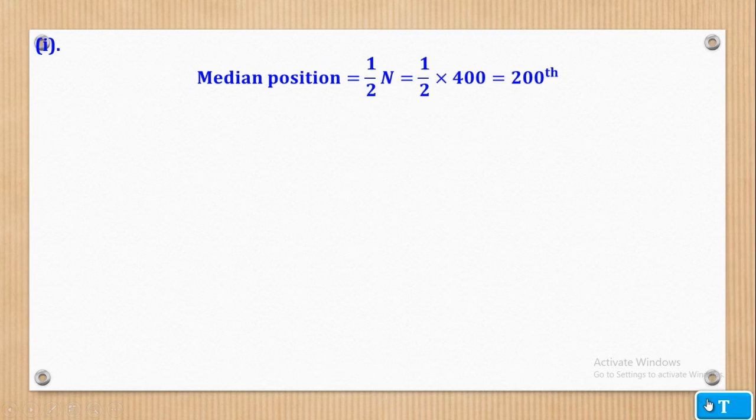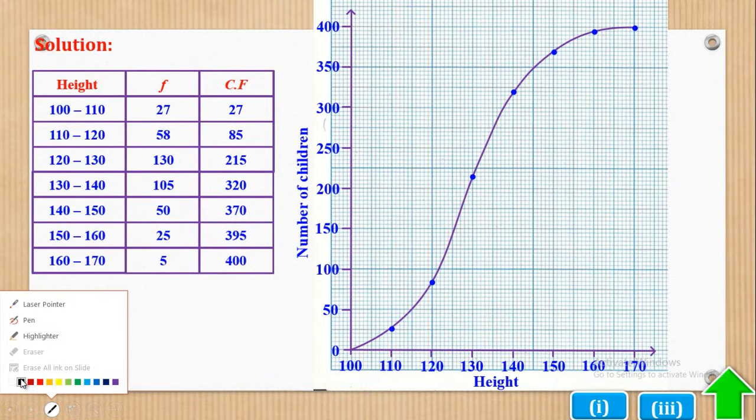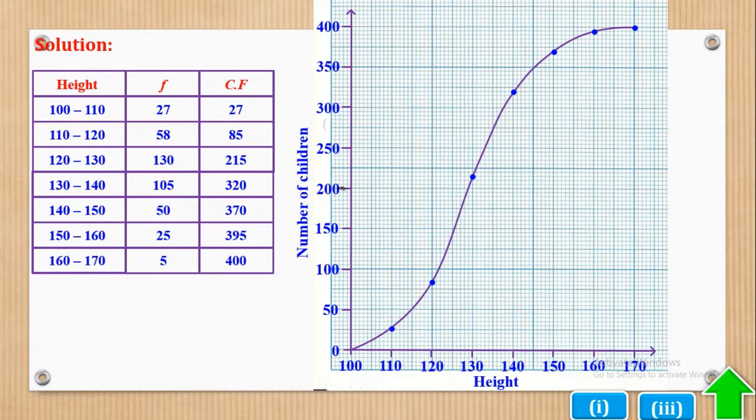It means that you'll come here and locate your 200 on the vertical axis and draw a horizontal line to meet the curve. So let's do that. It should be dotted. Okay, so it has met the curve at this point, so we are going to drop a perpendicular to meet the horizontal axis. So let's do that. Then after that we are going to read off this point on the horizontal axis, and that value will be